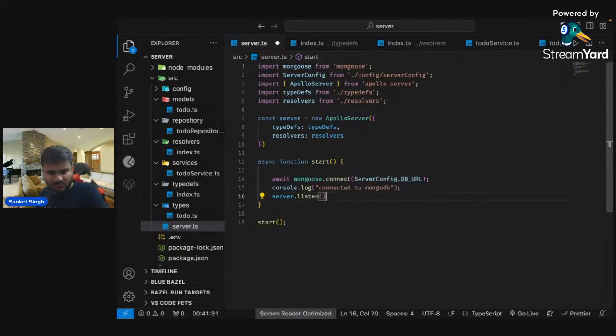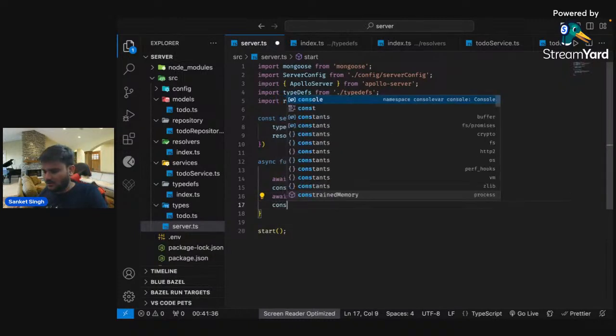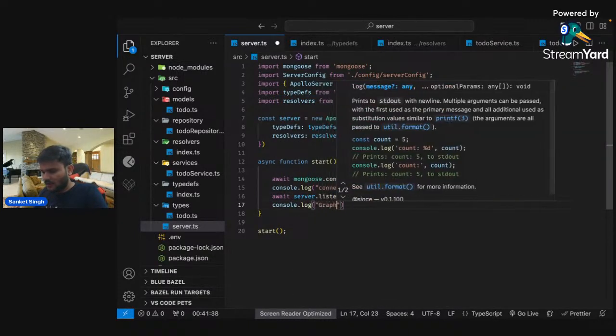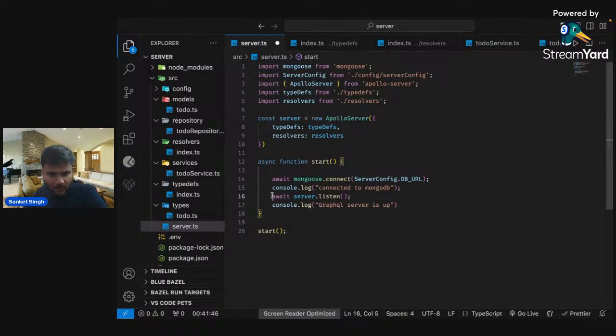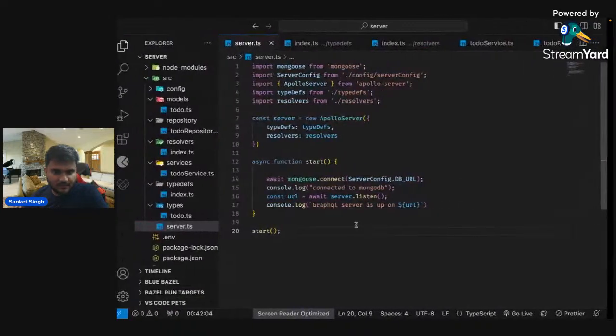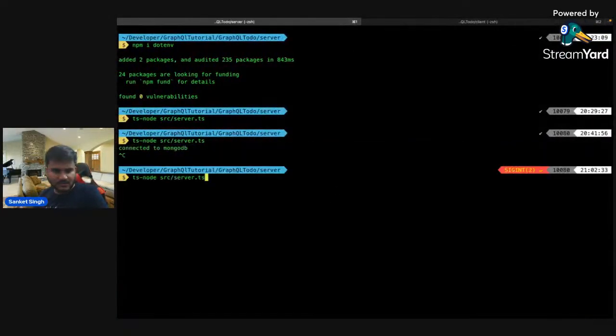And let's have await only. Await server.listen. And then we can say console.log GraphQL server is up. This should be good. And what you can do is it will give you a server URL. You can say in a backtick, GraphQL server is up on dollar URL. Save it. And if you come up and restart the server,